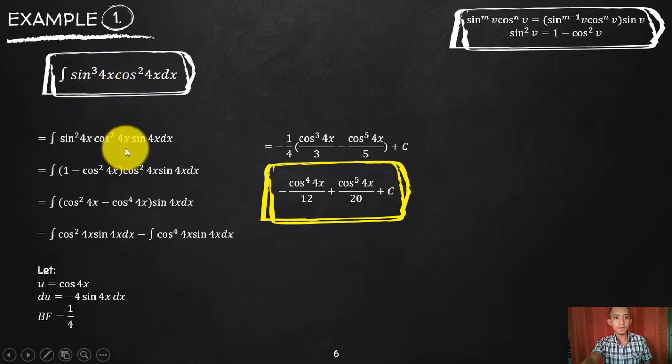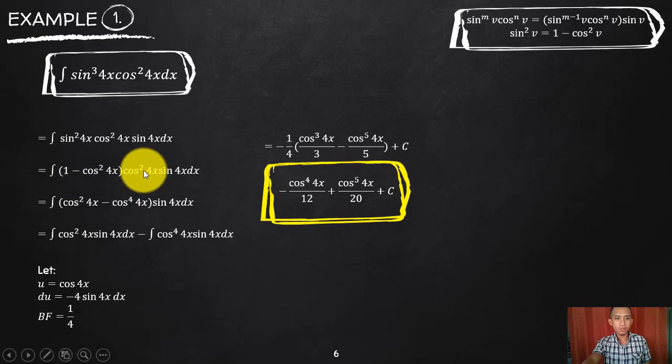Okay, again, one of the sines, I bring that one outside. Why? I will make that one part of my derivative. Therefore, the remaining sine, from the one that I brought outside, I will transform, making use of our identity. Since that is squared, that will become 1 minus cosine squared, of the same angle, of course.